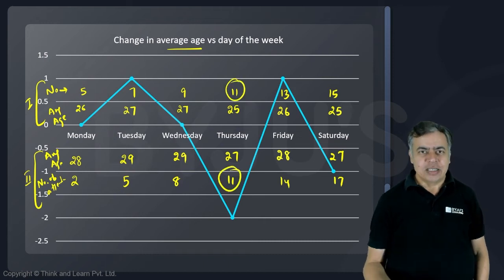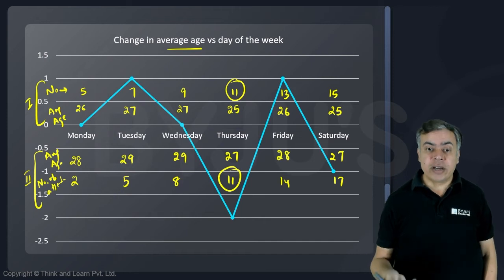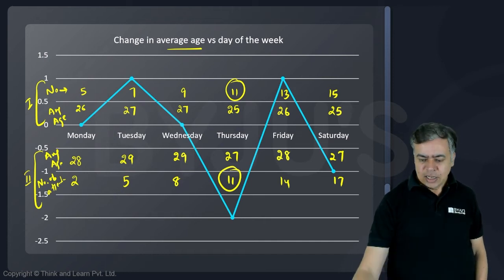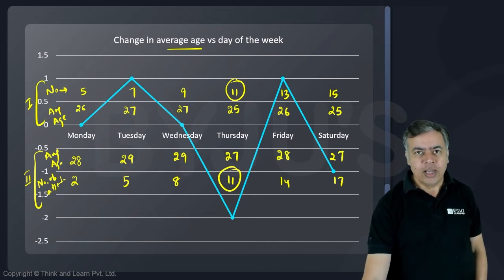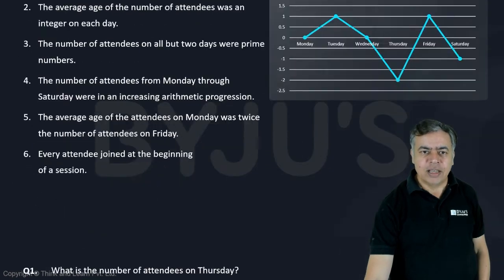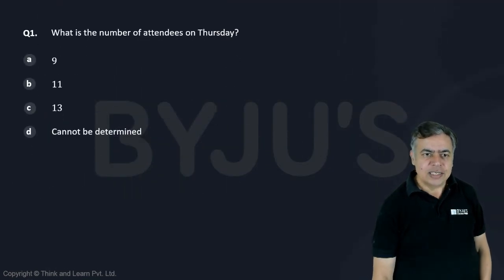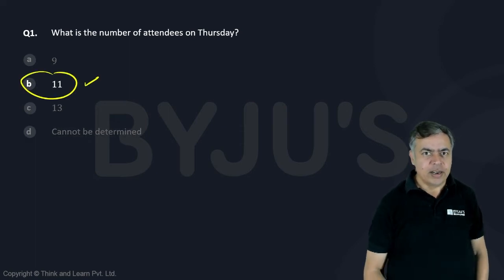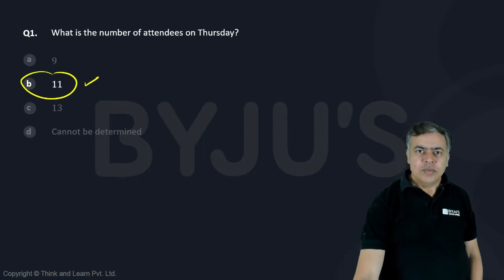So I can mark this. Otherwise I would have marked cannot be determined if there were 2 possibilities. But here in both the cases you have 11, right? So you can mark the answer for the first question as 11, right? And yes, 11 is the correct answer, the highlighted one. Second one is,